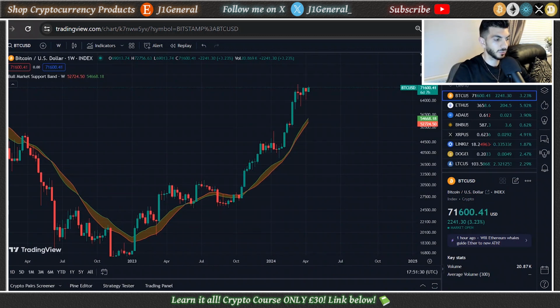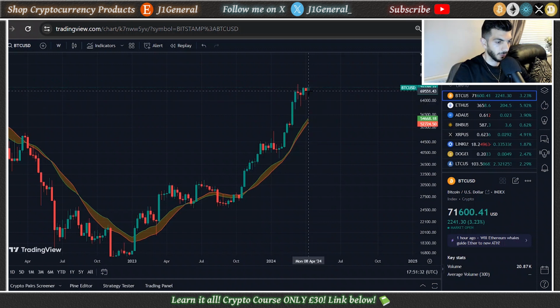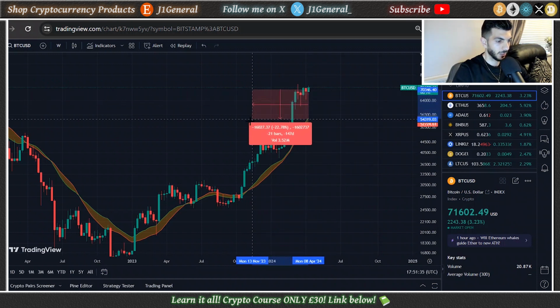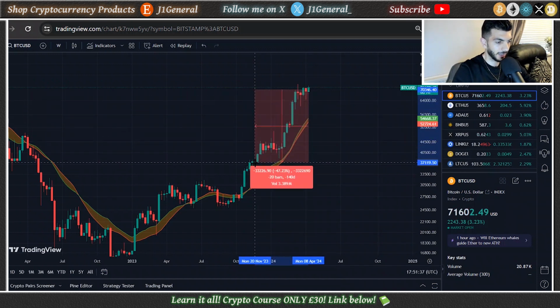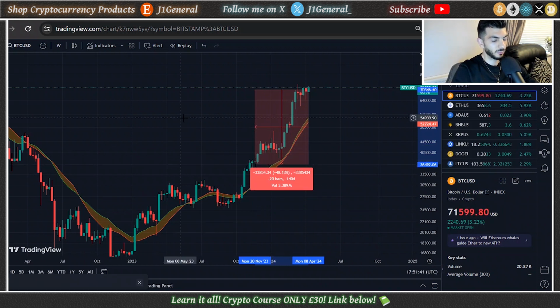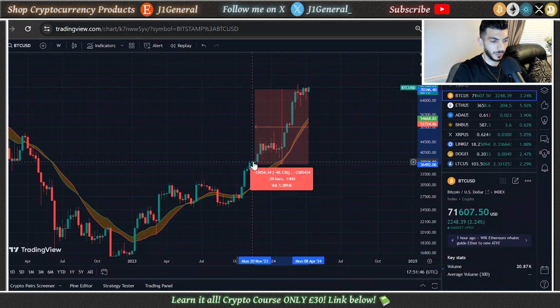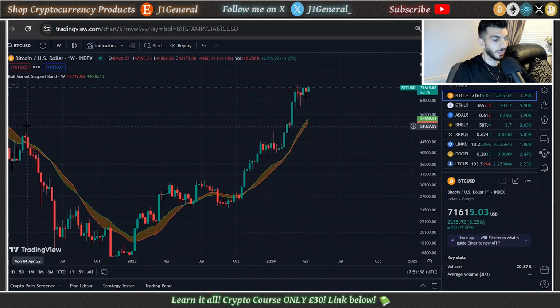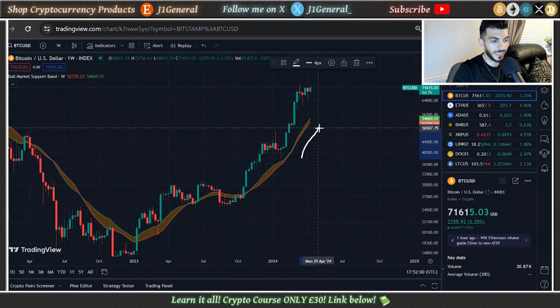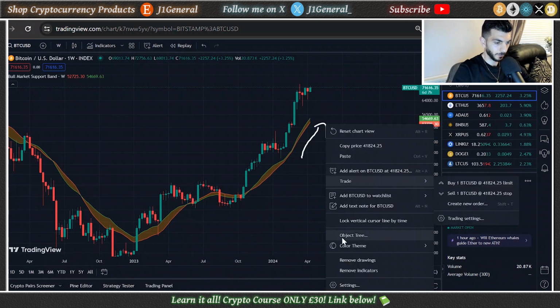If we go back the last 20 weeks from here, that puts us 20 bars behind, to the middle of November. So it is replacing current prices with prices that occurred in mid-November. Mid-November Bitcoin was at 36k and now Bitcoin's at 71k. So these moving averages are replacing 36k with 71k, hence why the bull market support band is exponentially moving upwards.